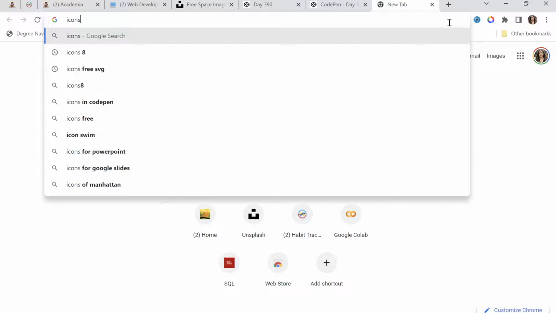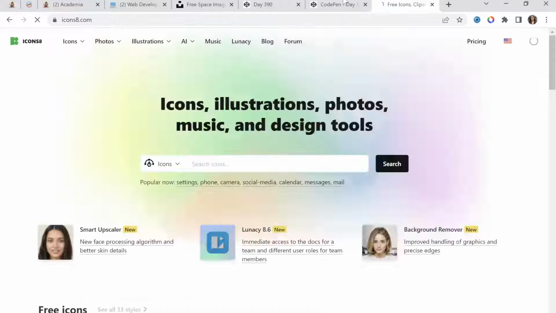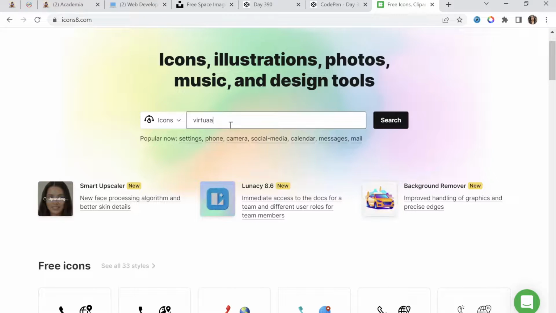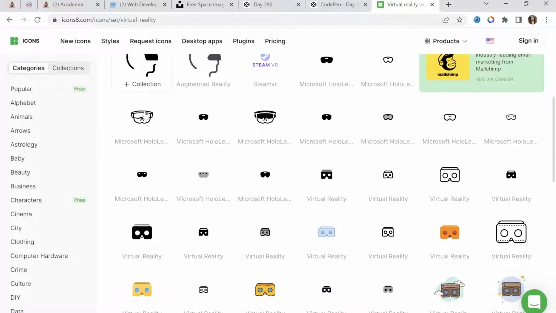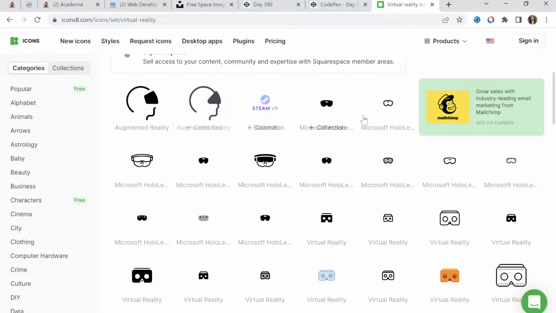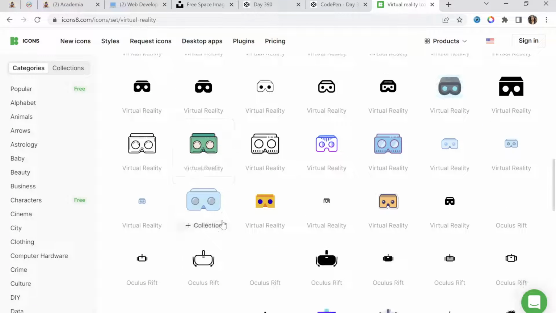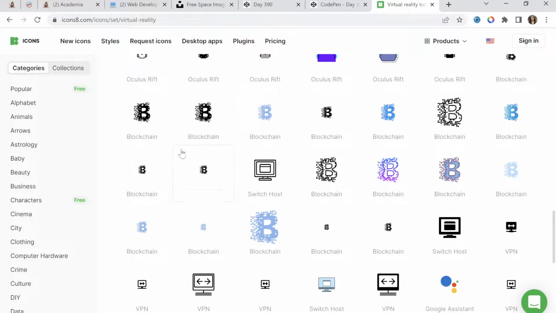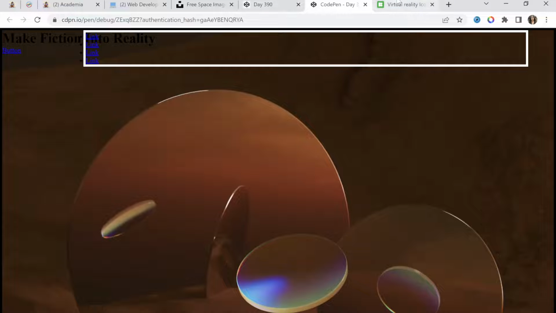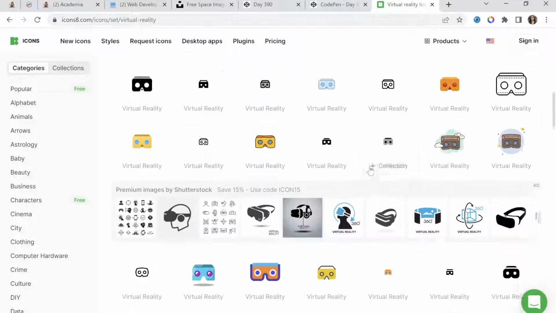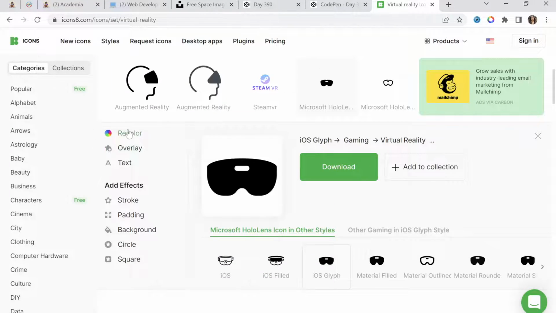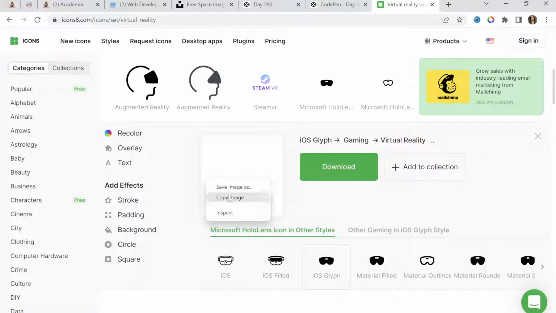And so for the navigation bar, I think maybe I even need a logo. Let me see if I can get an Icons8 logo. Virtual reality. Something simple, so maybe, I don't know, these don't look simple. I need something that's clear. Oh, that's cool. Maybe this. Would it match? Maybe, maybe not. I think I'll go, but that's like blockchain stuff. How about I just go with this, and then I'll just recolor it to be white, right-click, copy image address,